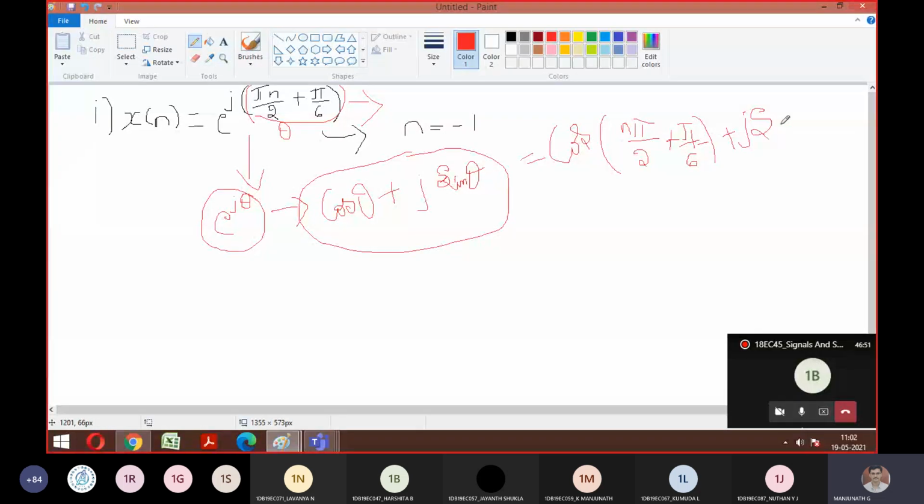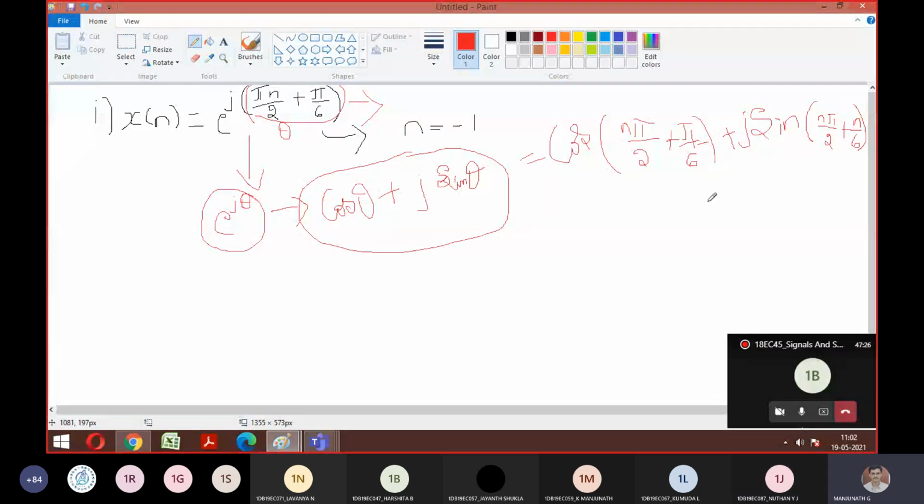Since we have proved it is periodic, obviously your mind will tell we have to go with power. But in power we have two separate formulas, so which one are you going to implement here? That is the question. Since it is discrete, if you go back and check what formula I gave, do you remember?